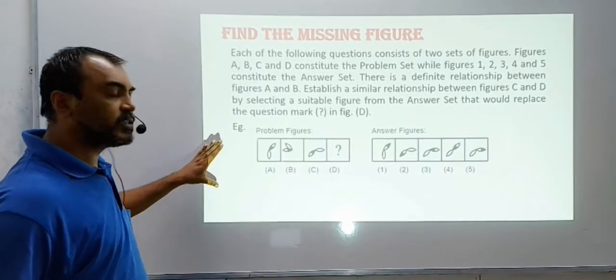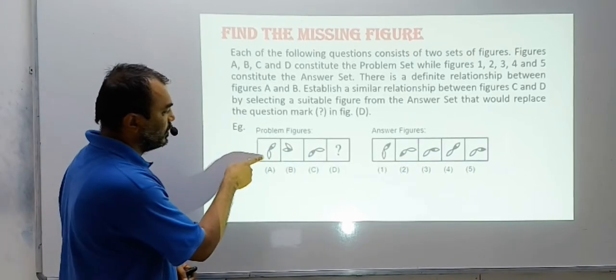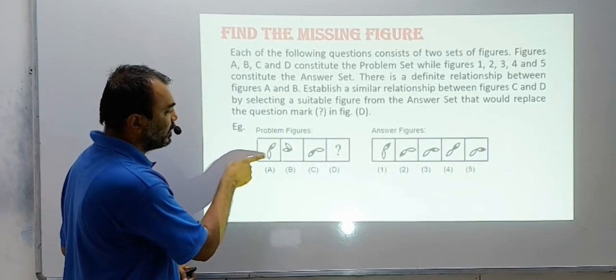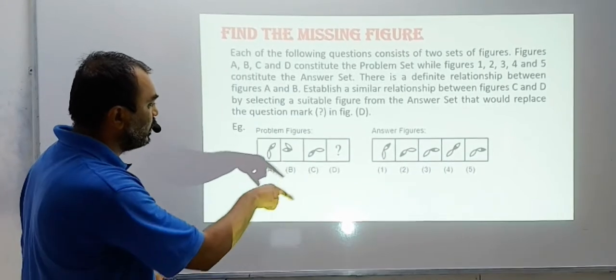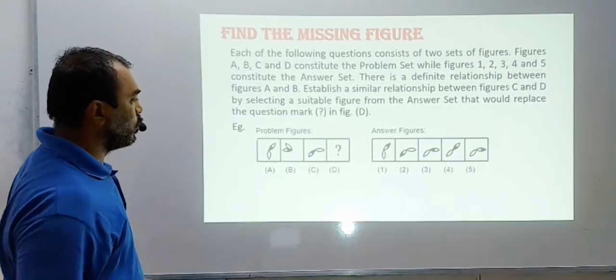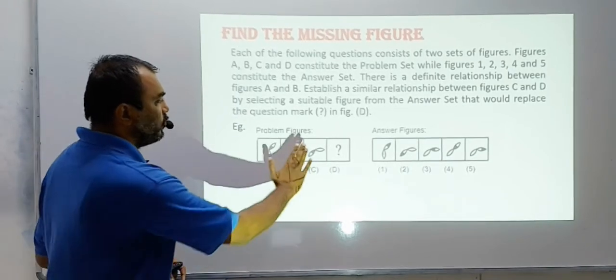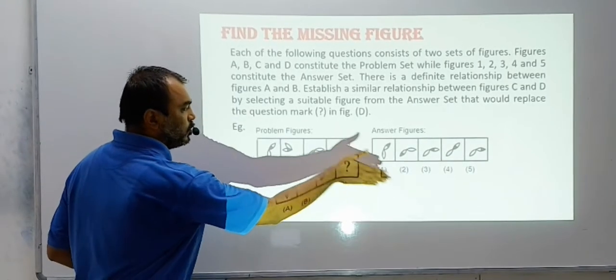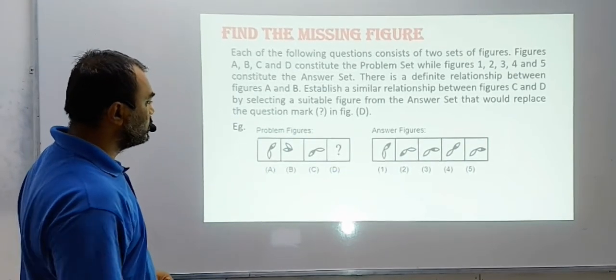I think you must have guessed by now, but the answer figure. So there are two leaves here. One is half black and one is full white. Now you can see they are rotating either clockwise or anti-clockwise. So understand this figure. Now forget the C for the time being. Don't look at the CD. Look at the AB. What have you noticed?